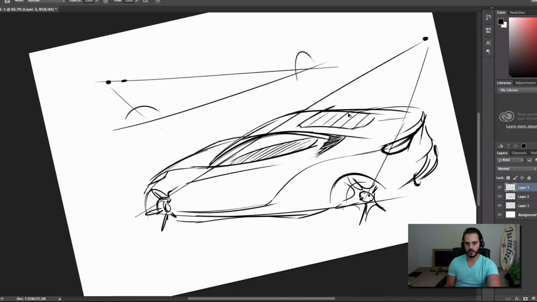It's just for the sake of showing you this technique that I'm using. As you can see, I'm having so much fun that I can't stop sketching. I'm just gonna add a few more details and then